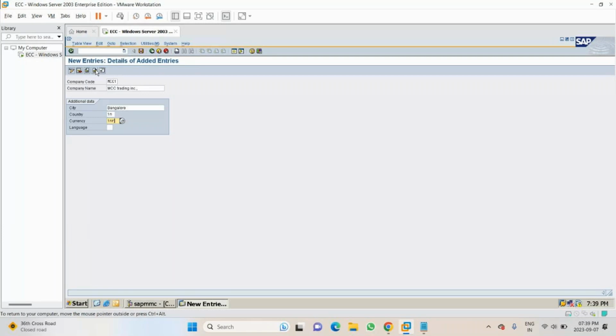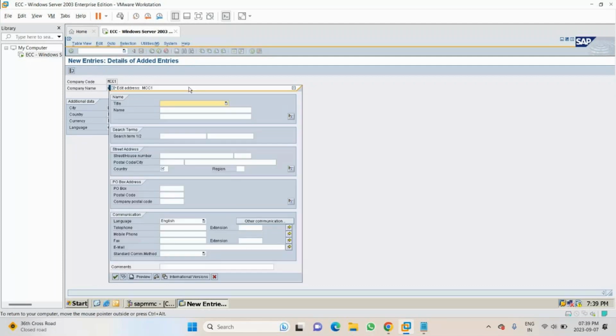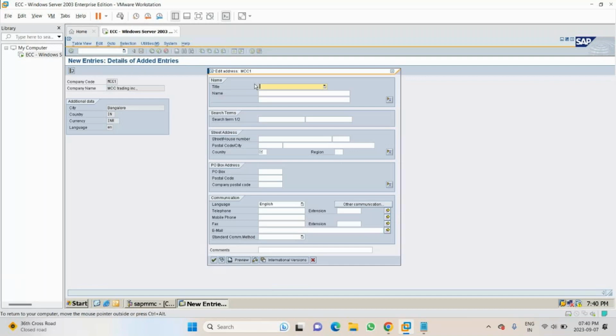After giving these details, save it. Once you save this, you will get one more screen, another screen to fill the details of this company. Now whatever prefix I want to give for this company, I can fill here. So see, by default you will have here Company, Dr., Mr., Miss. So I'll take here Company. Let me give here MCC